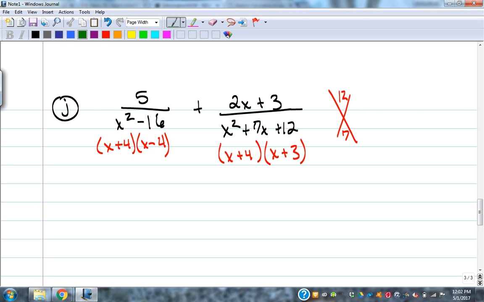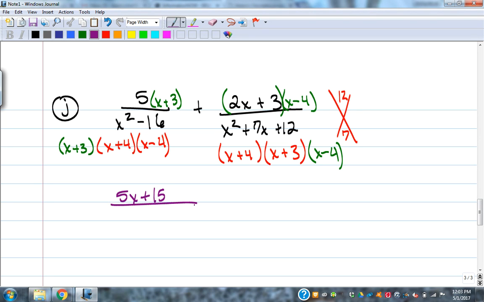So that means the first fraction needs what? Yeah. This is not that difficult. The factoring is where it'll catch you. If you don't know how to factor, you're not going to be able to do this. You've got to learn to factor. And then the second fraction is missing which part? The x minus 4. And then we just distribute, multiply it out. So that's 5x plus 15 over x plus 3, x plus